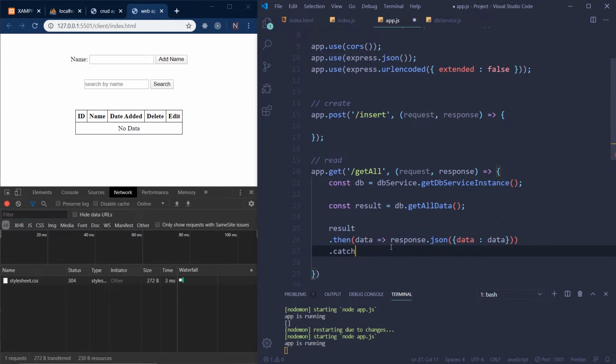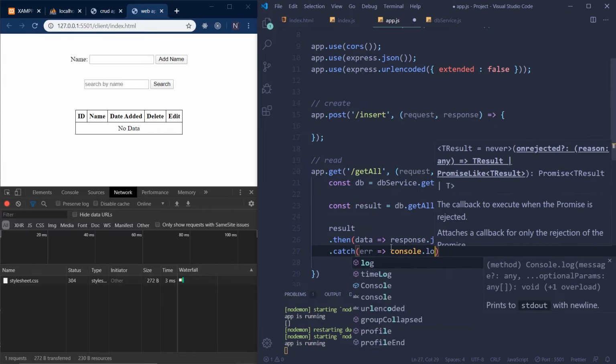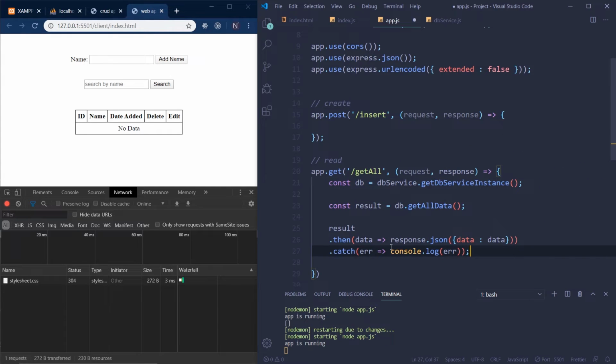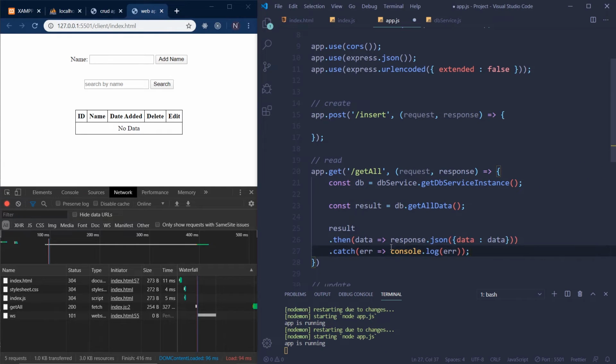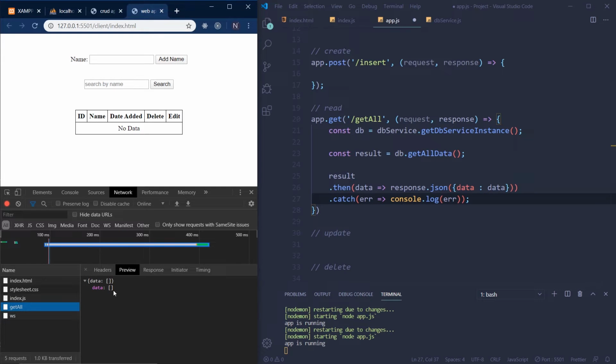and then we're also going to have a catch. Let's say there is some error, so we're going to do catch error, and we'll just console.log it. We won't really handle any error. We won't do any error handling here. We're just going to assume that it works in all cases. But we will catch it and console.log it in case we run into an error while we're trying to grab our data. Okay, so now you can see here we get an object which contains an array in the data